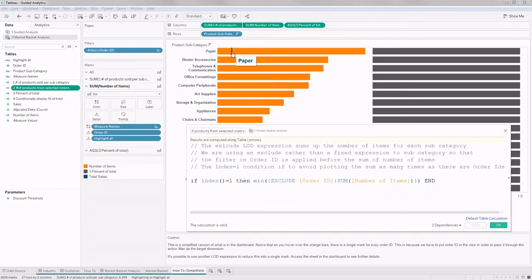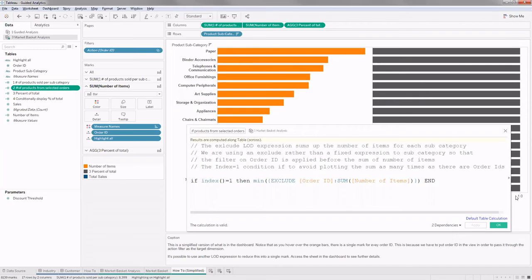As you can see, it's not a single bar graph; each single line on the screen represents one single order ID. When we are excluding the order ID, it's giving all the details here. Since my order ID is already in the detail, it's calculating at the order ID detail: in this particular order, how many products, in this particular order, how many products, and likewise. But when we exclude the order ID, what will happen? I'm sorry, not exclude. We are taking index equal to 1 because we don't want